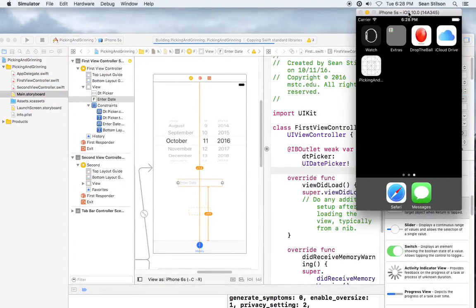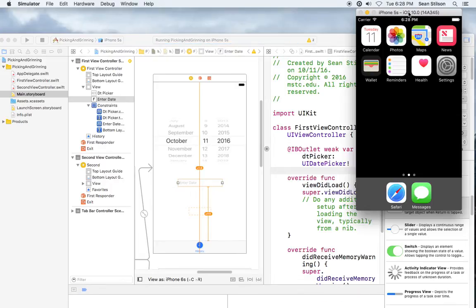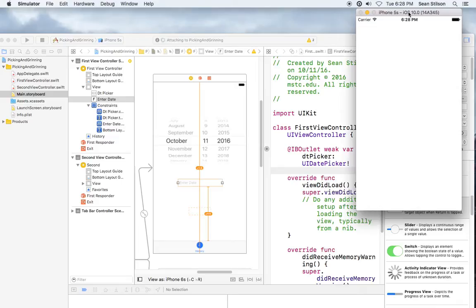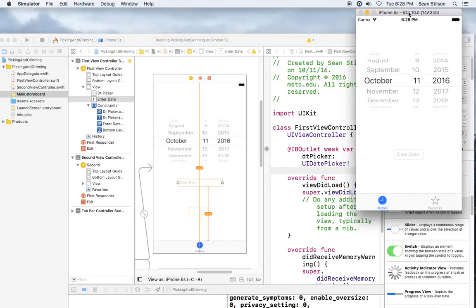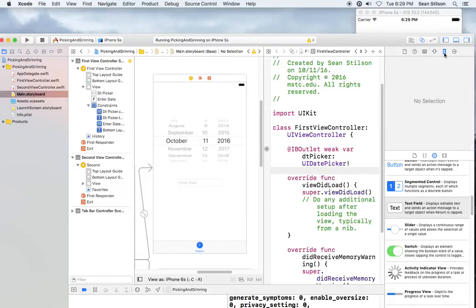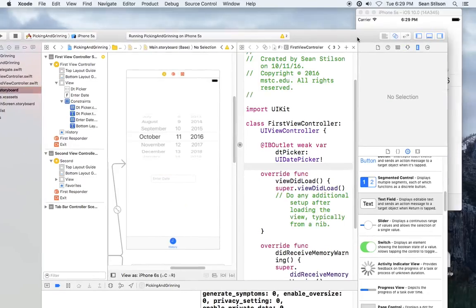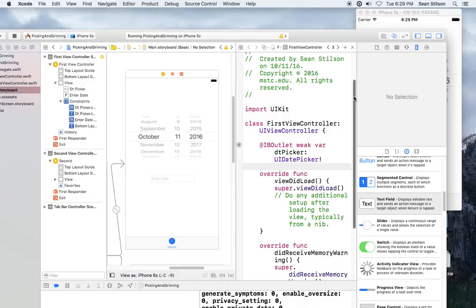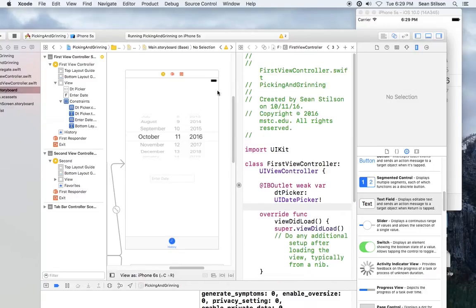Oh yes, Isaiah, you had a question. On my main storyboard, the date picker disappeared, but when I run it, it still shows up. That's interesting. That's the opposite of what usually happens. But I can't see. You can't work on the storyboard. How about if you change the size of your view controller to, instead of being a specific phone size, just change it to any. It might be off and in Neverland, but